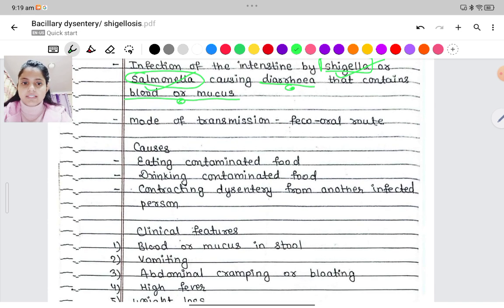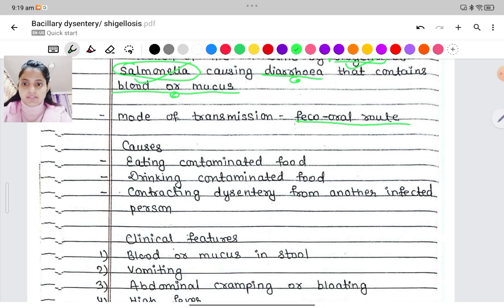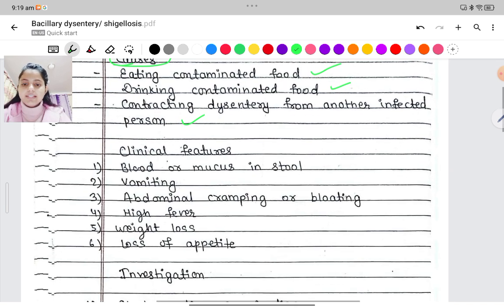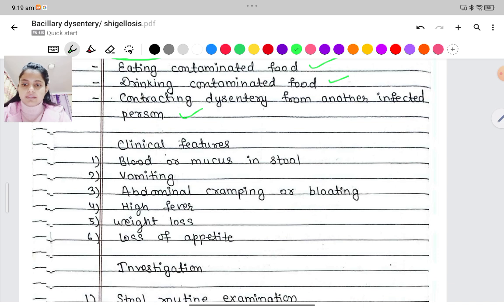Mode of transmission is the fecal-oral route. Causes: the causes for bacillary dysentery are eating contaminated food, drinking contaminated food, and contracting dysentery from another infected person. Clinical features: the patient presents with complaints of blood or mucus in the stool,